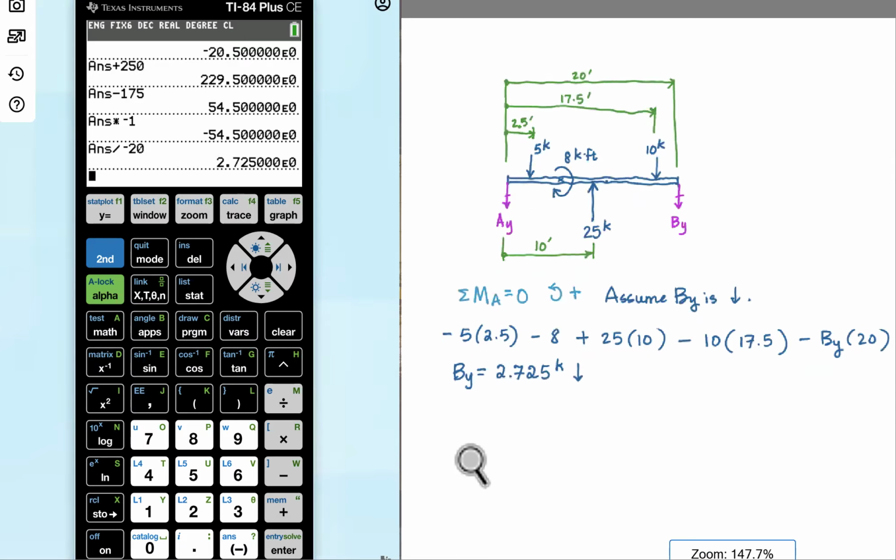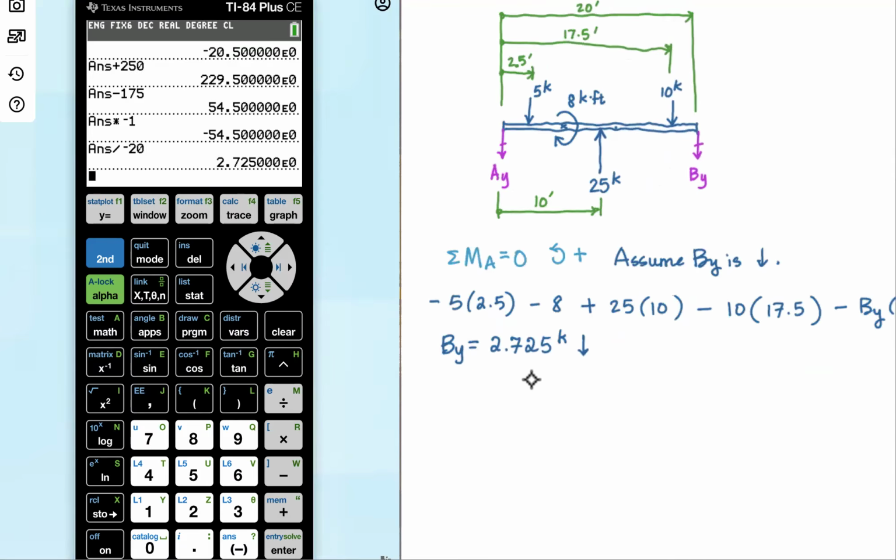Okay, for the next step, I'm going to do force equilibrium. And let's see how I want to do this today. Yeah, let's do upward forces are equal to the downward forces. So upward, all I have is 25 kips, and downward I have A sub y unknown, 5 known. It's been a long day. 10 downwards, and I have B sub y downwards, which I just solved for, which is